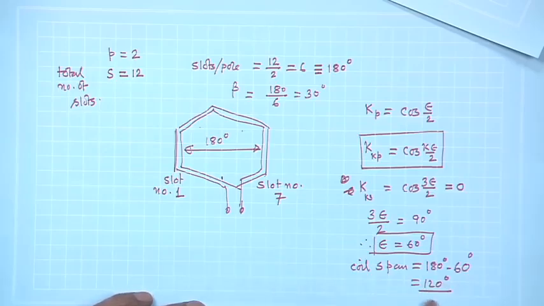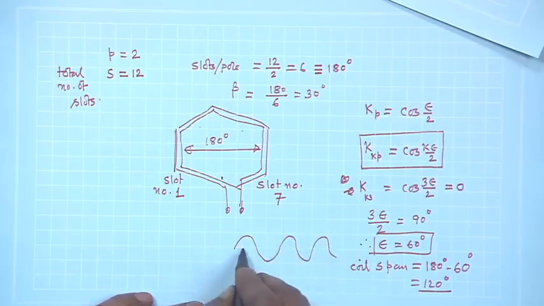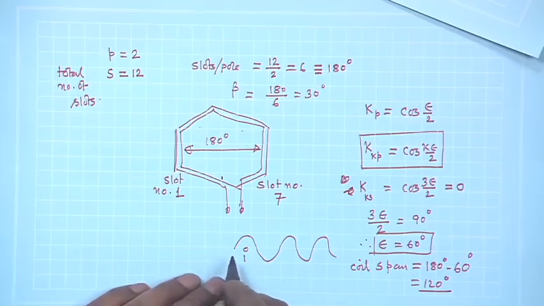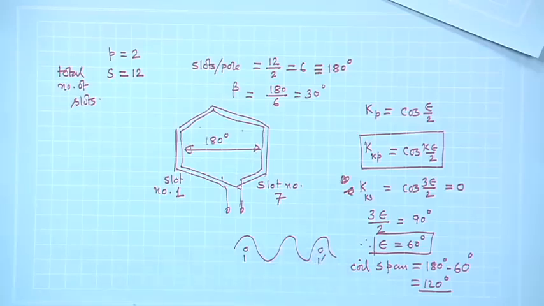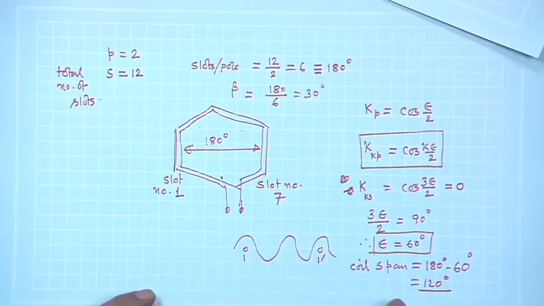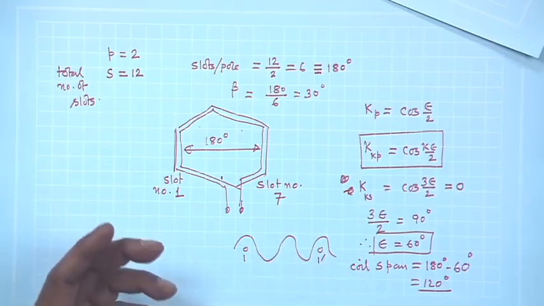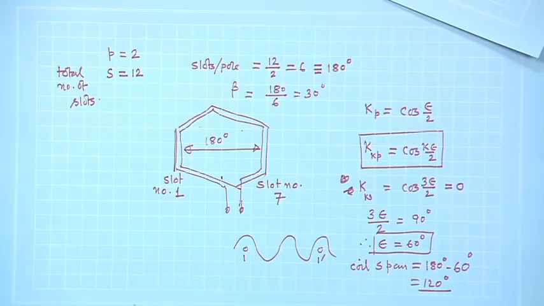This is possible, no doubt. If these third harmonic fluxes are like this, then one conductor you can examine, if it is 1 here, the other one is somehow under the same north pole, it is returned. That is how Kp3 is 0 for third harmonic voltage,